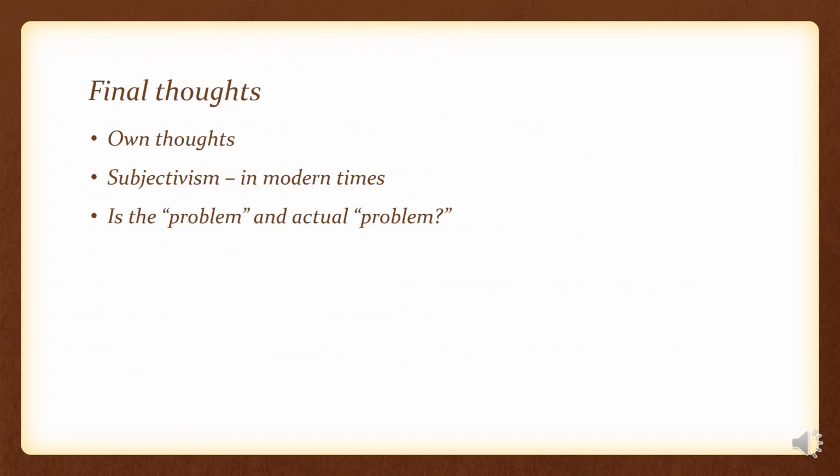Final thoughts on this is that I think one should look at it in a subjective manner, and it would be up to yourself to define if this Adam Smith problem is a problem or an actual problem. It's very subjective whether one could say that Smith was an inconsistent writer, or whether Smith was not an inconsistent writer, as Smith was also, like many authors, just human, and it's not uncommon for writers to have some inconsistencies in the work of the discipline.